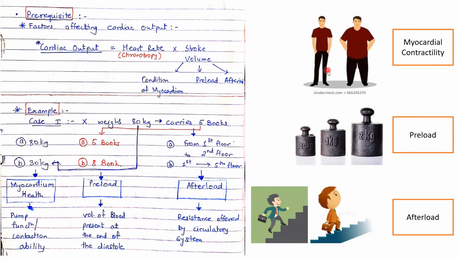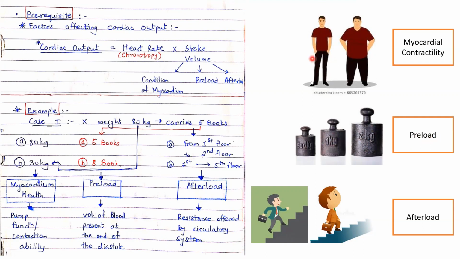Now, to the same person, I keep the person same, I tell them to lift 1 kg. And then to this person only I ask to lift 2 kg. The effort in lifting 2 kg will be more. This is preload. Preload is the load which is already present in the hand of a person.